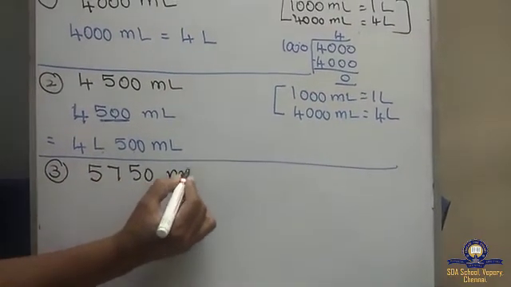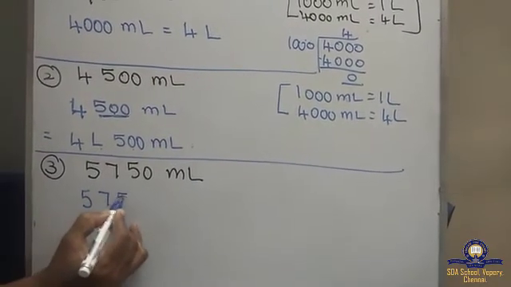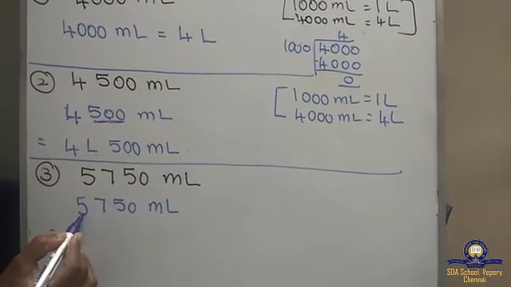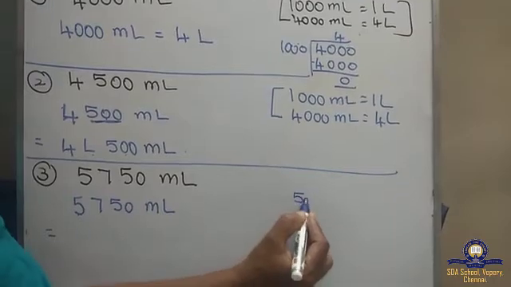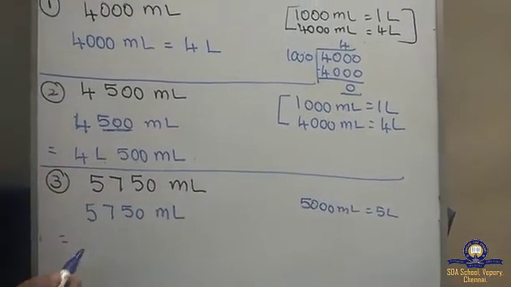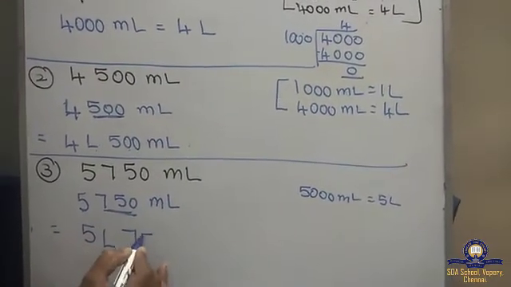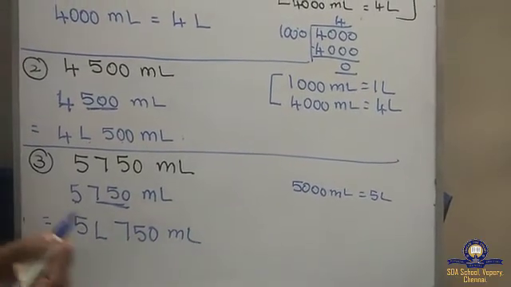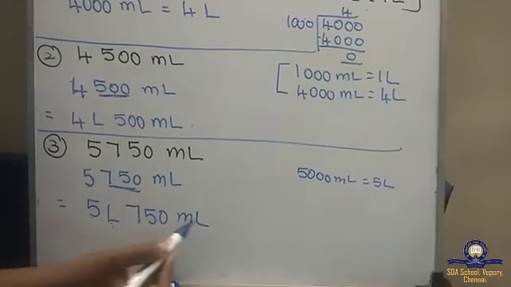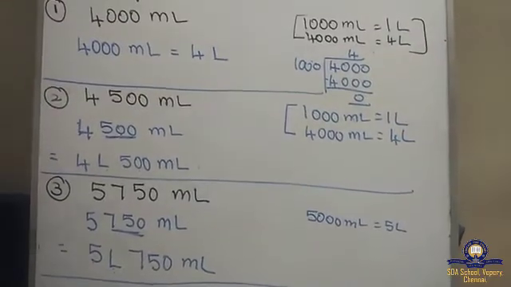Third sum as it is only, 5750 milliliter. See, like as it is, what you have to write, children? 5750 milliliter is equal to, see, here 5000 is there. So 5000 ml is equal to what will come, children? 5 liter, isn't it, children? 5000 ml is equal to 5 liter. So 5 liter and the 3 digits, what is there? 750. So 750 ml. See, express as liters and milliliters. This is liter and this is milliliter. 5 liter, 750 milliliter. Are you thorough, children? Okay, we'll see 2 more sums.